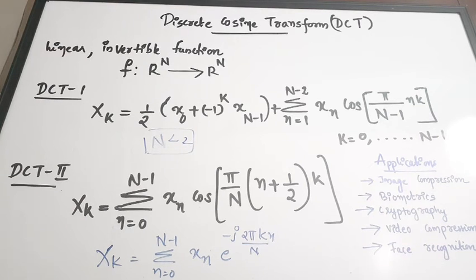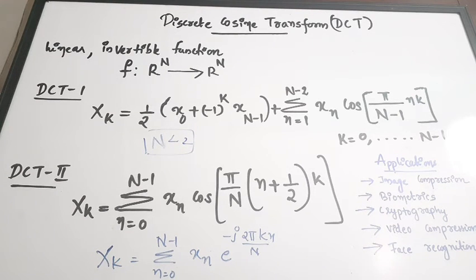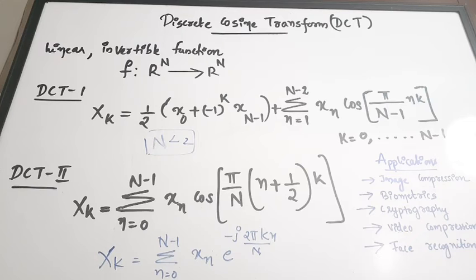Okay. Now this is the definition and all. Now let us see how we can do some numerical questions, or what type of numerical questions you can expect from this DCT area. How can we write a matrix form for DCT so that we can perform matrix multiplication and find the transform? While studying the DFT also, we discussed the matrix form of DFT, right? Here also we are going to see how we can perform matrix multiplication and how we can form the DCT matrix.